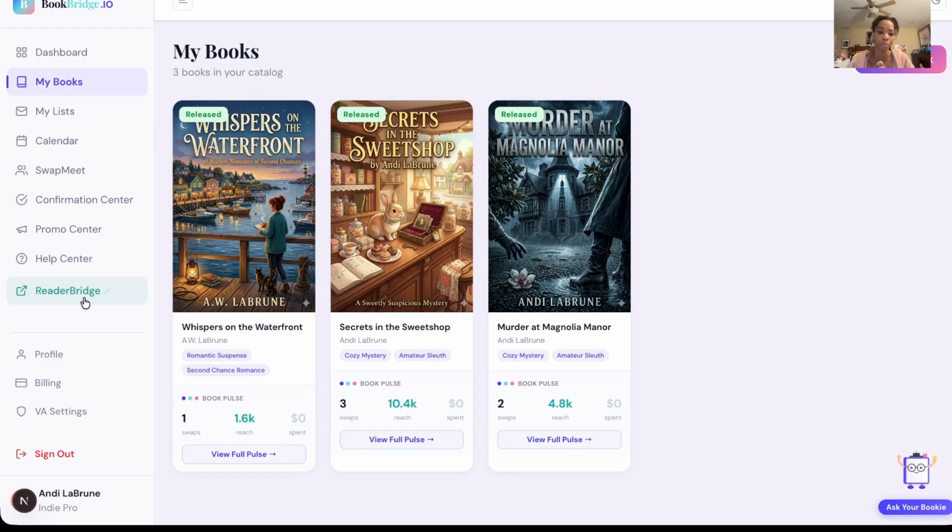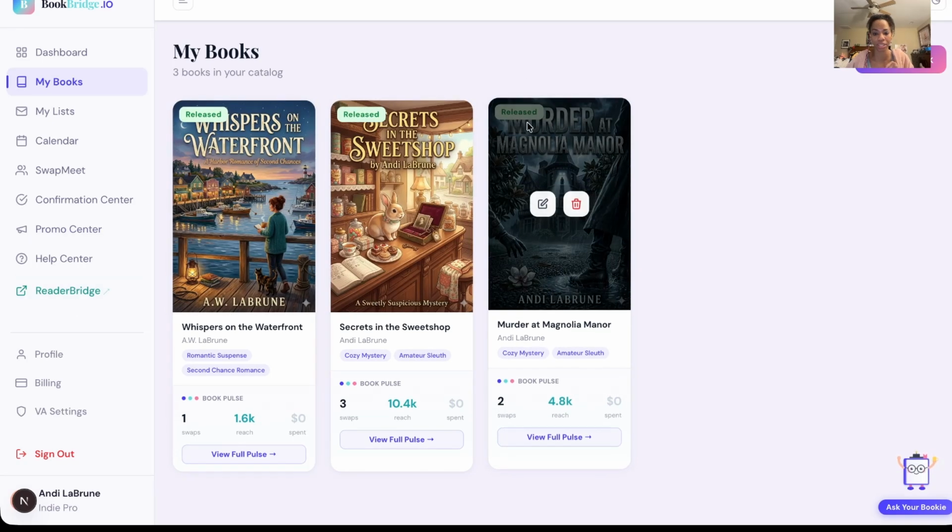If you're on the free forever plan, you can still grab Reader Bridge. It starts as low as $12.99 a month. That's cheaper than the competitor, at the time of this recording. And it will still sync up with your free forever plan. So you don't have to have a BookBridge subscription and a Reader Bridge subscription. It can be either or. But if you have free forever, you can definitely add in readerbridge.io and it will connect with your books under one login. So guys, we're going to tap over to Reader Bridge right now